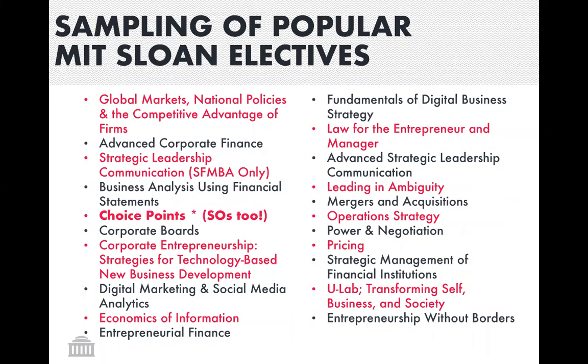Choice Points is a leadership course through literature. And if you think about Choice Points as the crossroads, right? At the point you have to make a choice to go left or right or north or south, what lessons through literature can our students use to carve out that decision that they're making? It's very, very popular with our Sloan Fellow students, and very, very popular with our significant others,